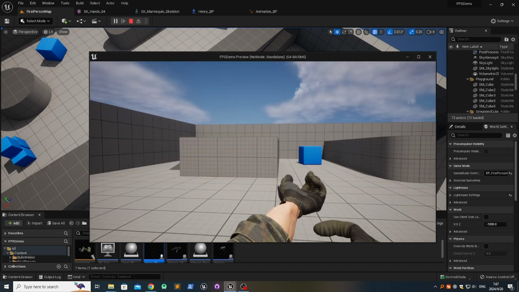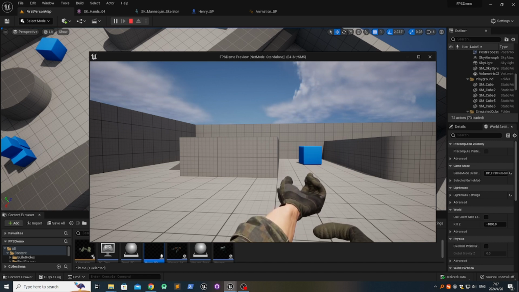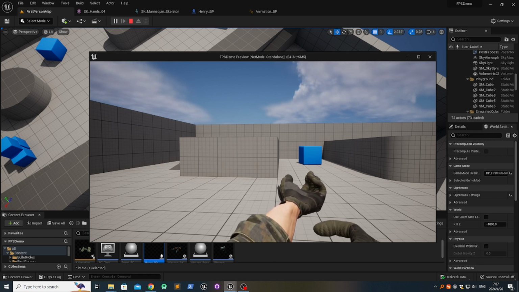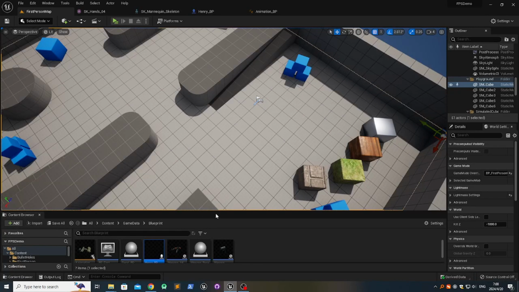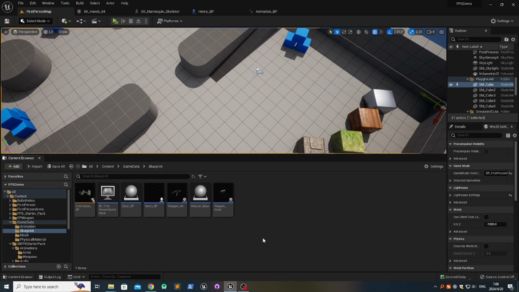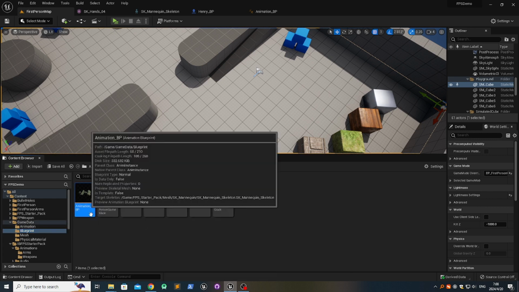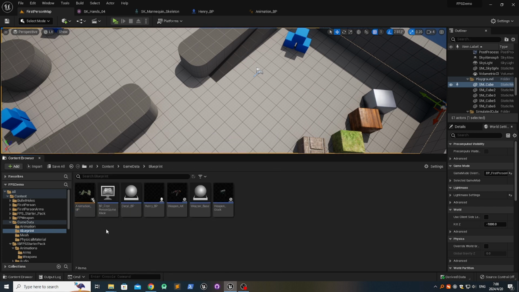And you don't see the weapon here because we don't add the animations here. So what we are going to do is to handle the Glock and the empty hands animation. So find our blueprint in the game data folder and double click the animation scope BP, open it up,